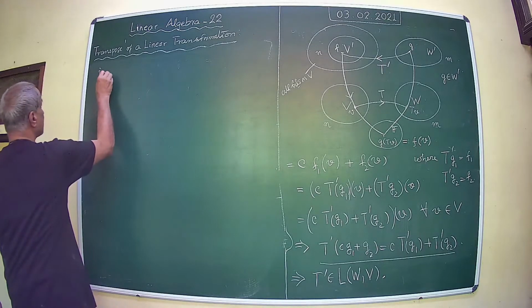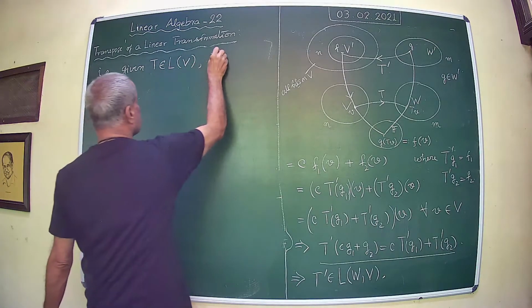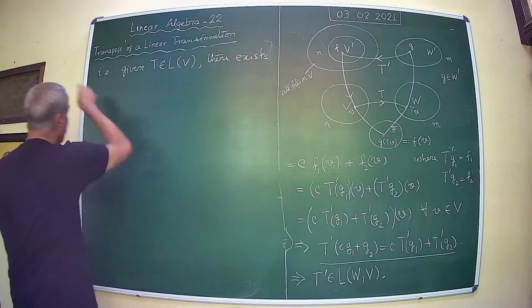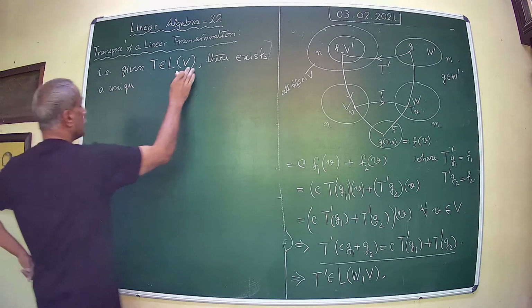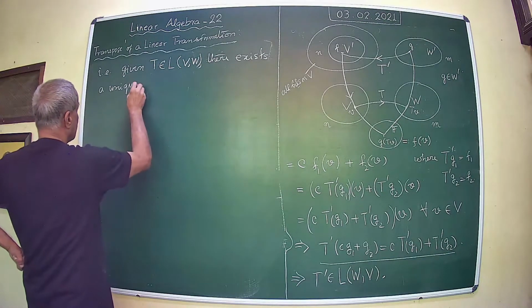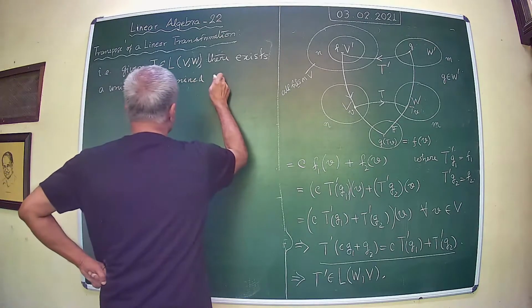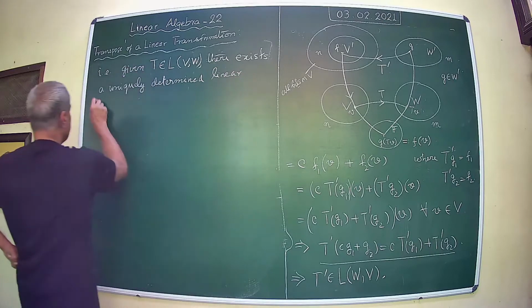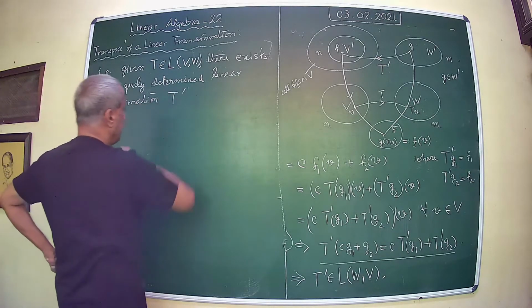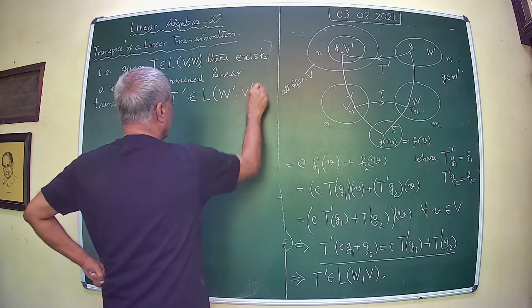That is, transformation T prime belonging to L W prime V prime such that,